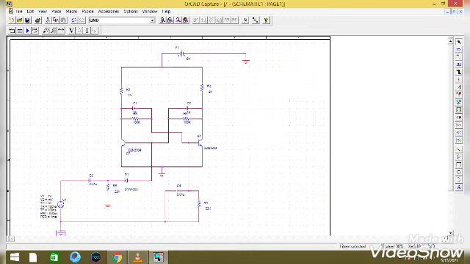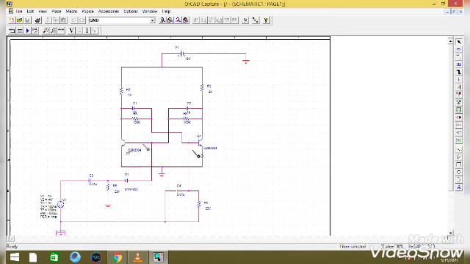Okay, now in order to see the output, you have to place the voltage probe. Now I am placing the voltage probes. Click on the voltage level marker which is on the left hand side and place it wherever we need.